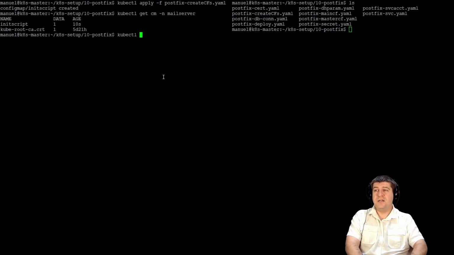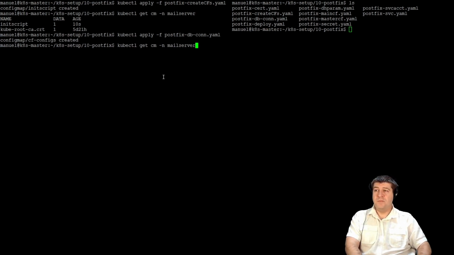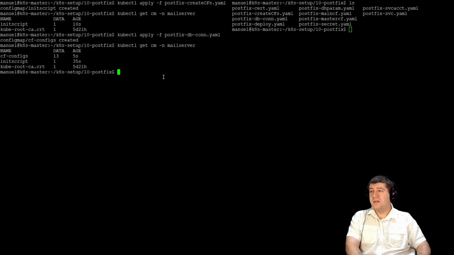kubectl apply -f postfix dbcon. I'm also going to verify that deployment is complete. 13 pieces of data for the CF configs. Okay. Next one is the deployment, which we're going to do last, obviously. We need to have everything else in place. I will deploy the DH parameter files. kubectl apply -f